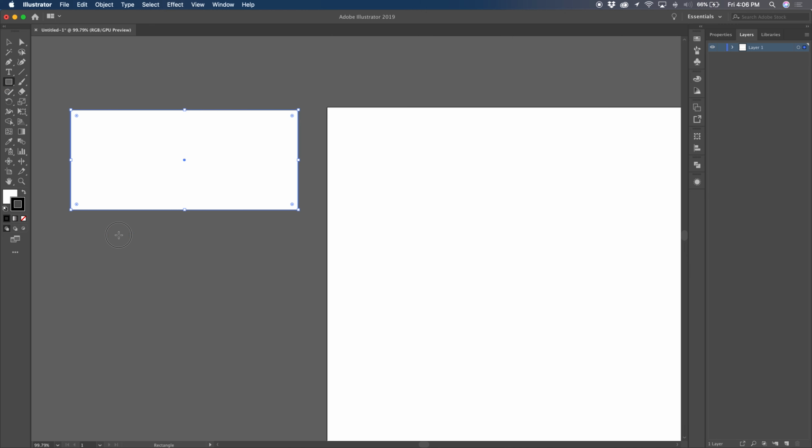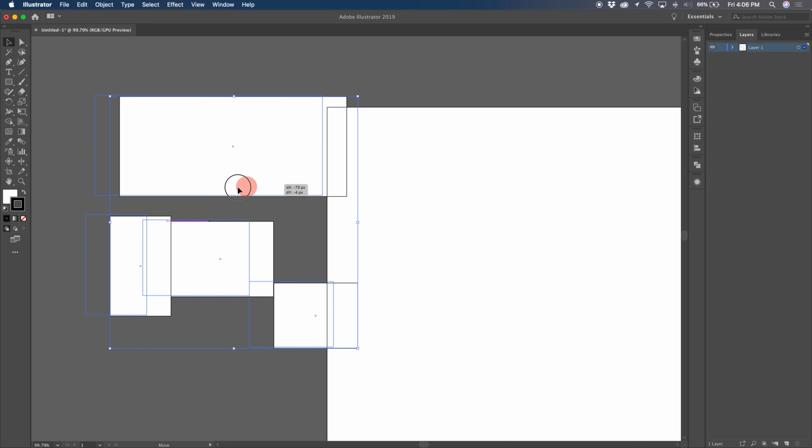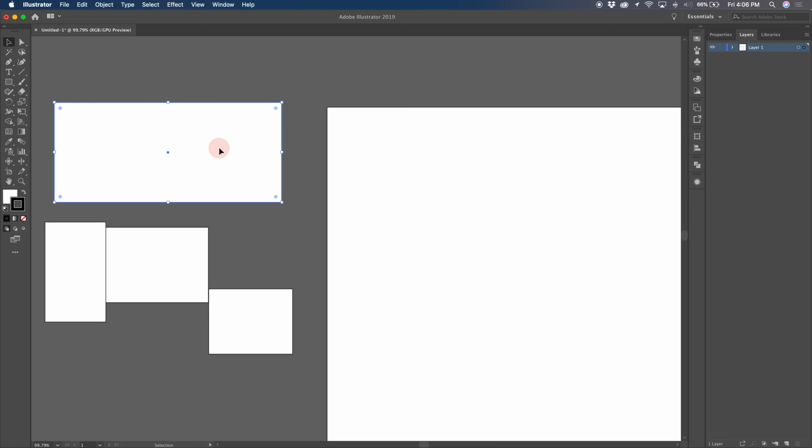If I had a few shapes here, and I'll just draw a couple other rectangles, and I want to select multiple, I could do this in a few ways. I could drag a selection box with my selection tool over all of them, and all I have to do is touch an edge. I don't have to select the whole thing. Just barely touching it is enough to select them all, and then move them around. I could also do them one at a time by selecting one and then holding Shift, and selecting another, and another, and another, or deselecting by clicking it a second time while, again, holding Shift,